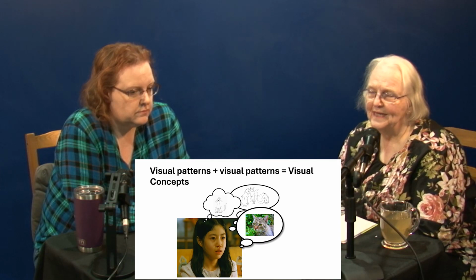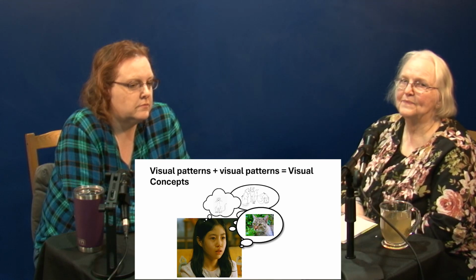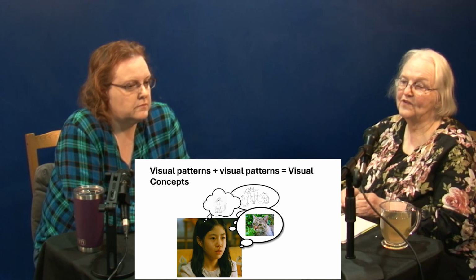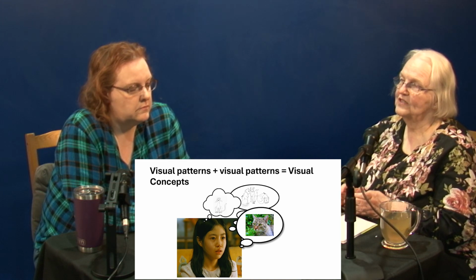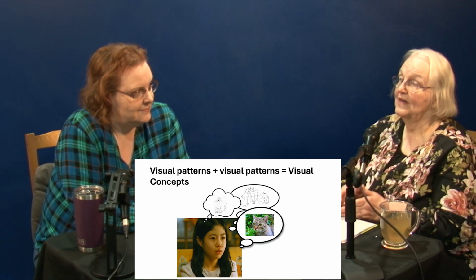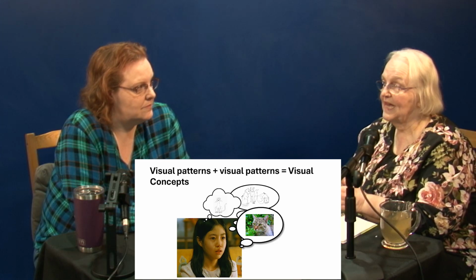So then on the right-hand side, you see what happens if we overlap the patterns. We have multiple cats, and as we overlap those multiple cats, they actually form an image. That image could be of your own cat. It could be an image of a cat that you saw in a book. It could be an image of the neighbor's cat, okay?